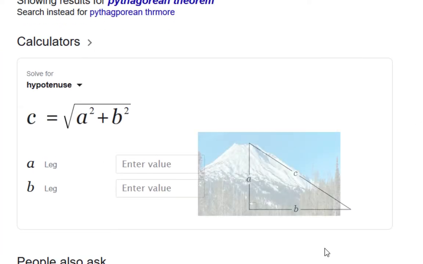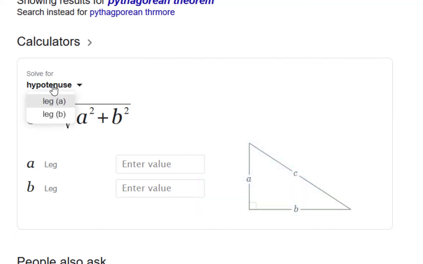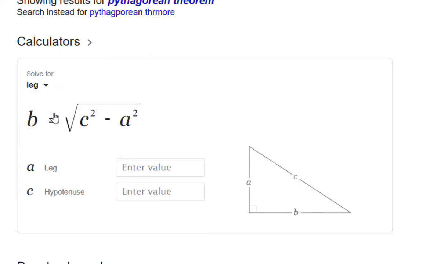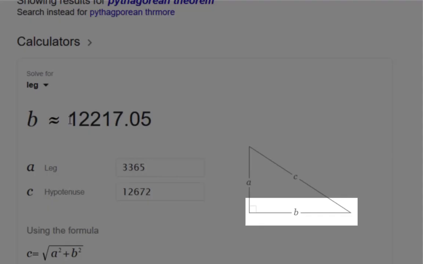A is the height, C is the distance down the slope, and B is the radius we need to find. So in other words, we're going to change this from solving for the hypotenuse to solving for the leg B. So we're telling the calculator to solve for that horizontal bit on the triangle. All we've got to do now is tell it what the A and the C are. Now A, according to ours, is our height, so that's going to be 3,365 feet. And the hypotenuse, which is that diagonal, is 12,672. And it's telling us that the radius, which we were looking for, is